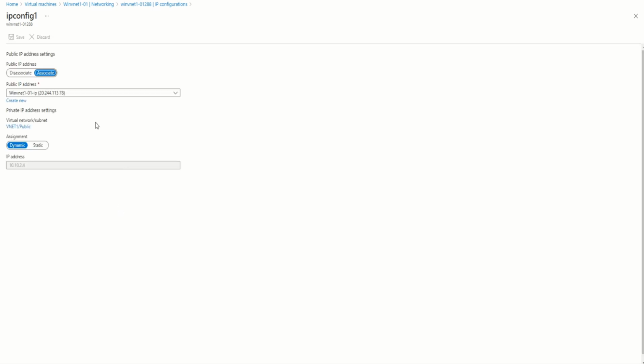At any given time, you can also associate or deassociate these public IP addresses. And you can change the assignment type. It can be dynamic, it can be static. If it is static, it is coming from the Microsoft Azure pool. And if it is static, you will be charged to reserve that IP address for you. So we can go back